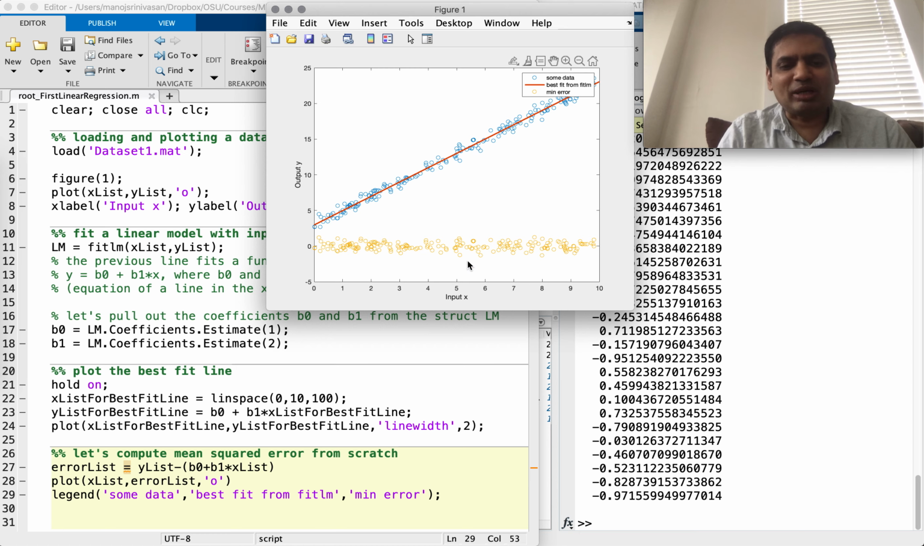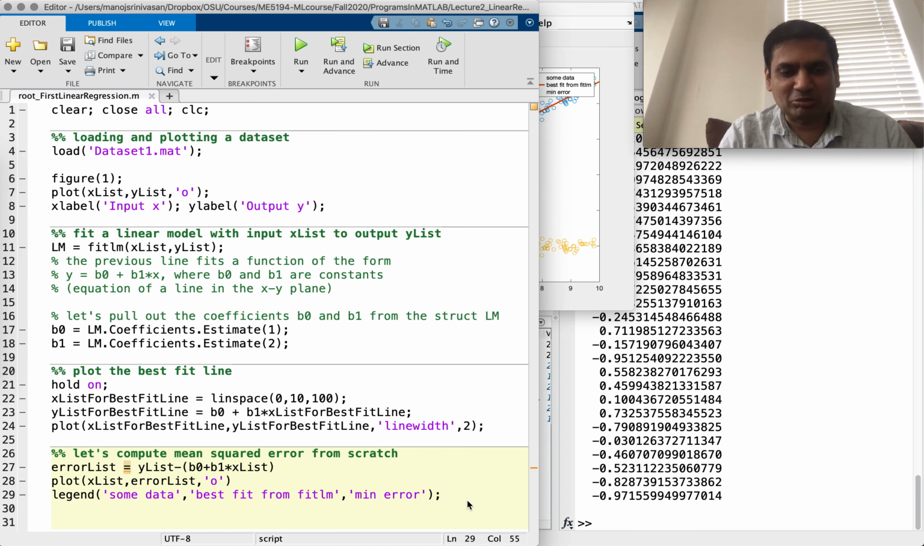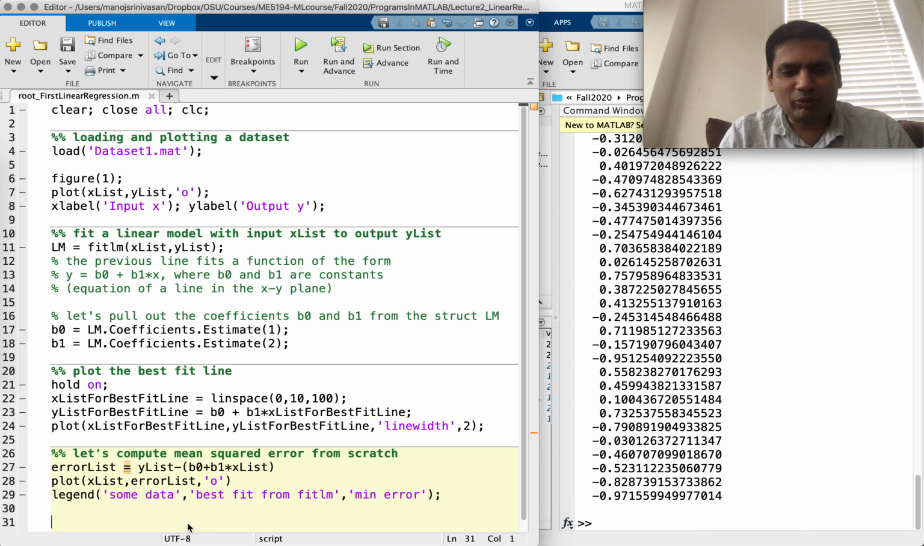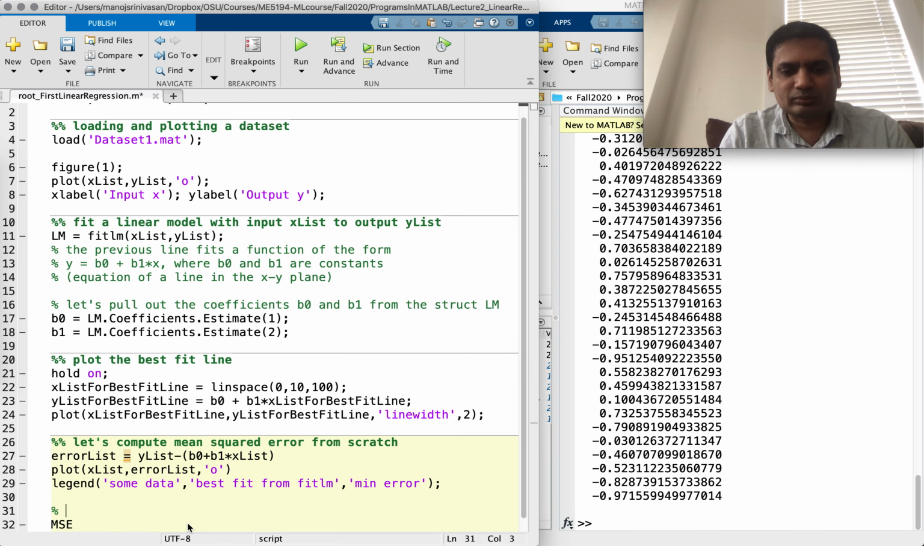That's the minimum possible error that we can get in terms of this quantity. Okay, let's actually compute the mean squared error. So this is the error list. You get a list like this. If you want to go MSE, which is the mean squared error,